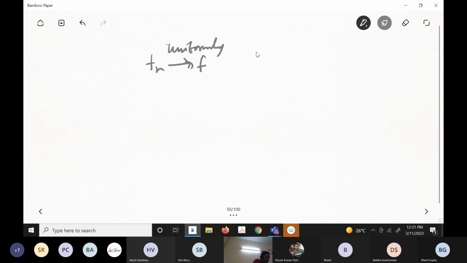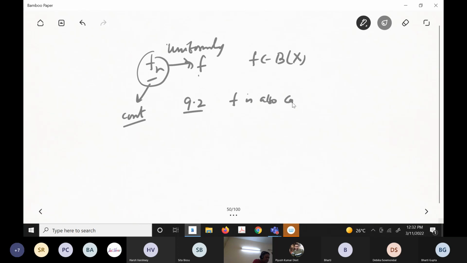F belongs to Bx, because Bx is complete and Fn was a Cauchy sequence there, so it belongs to Bx. But each Fn is continuous, and since it is uniformly convergent, by theorem 9.2, F is also continuous. That is exactly what is needed to prove that F belongs to Cbx. F belongs to Bx, F is continuous, so F belongs to Cbx. So actually, the result is proved. Theorem 9.3 actually says